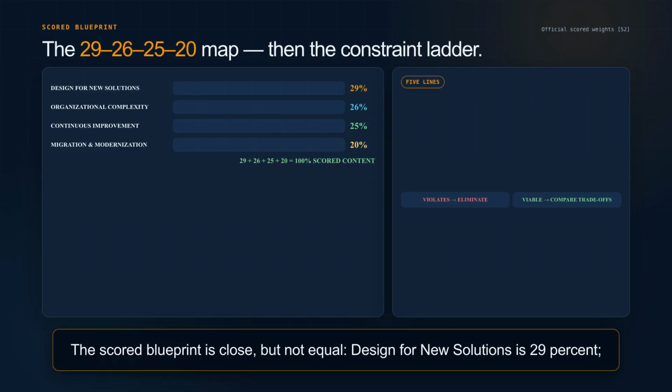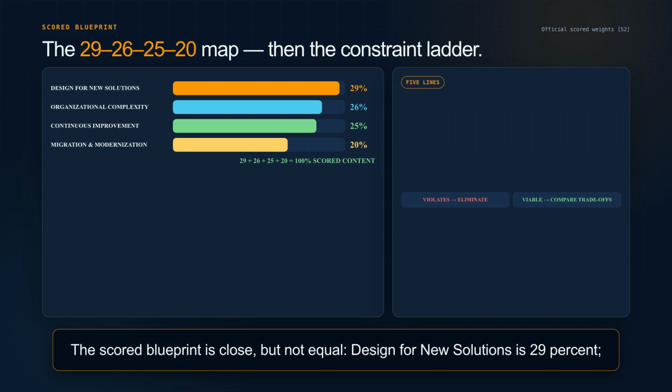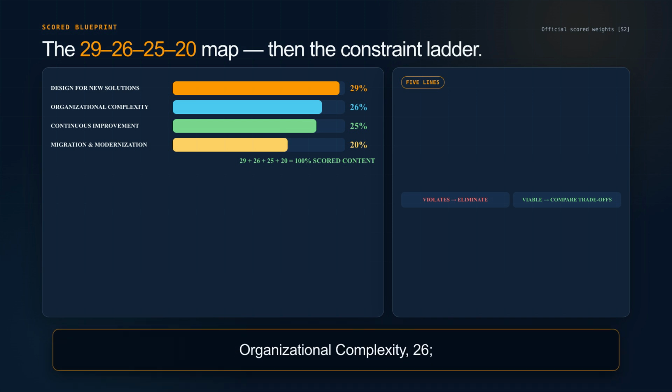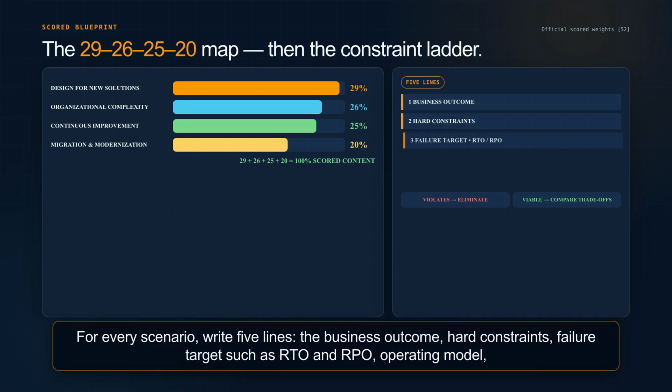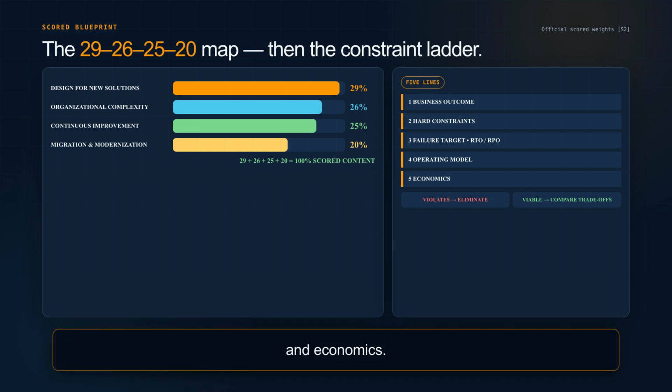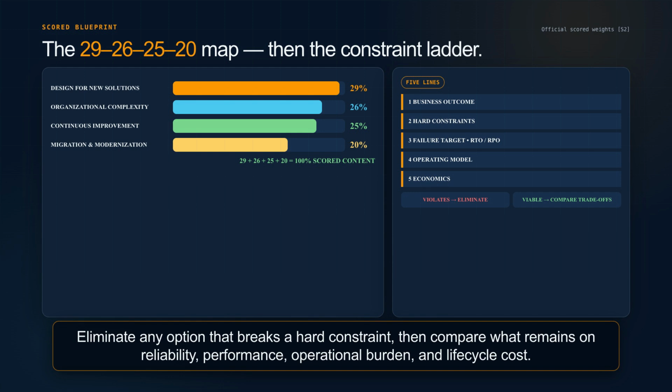The scored blueprint is close, but not equal. Design for new solutions is 29%, organizational complexity, 26%, continuous improvement, 25%, and migration and modernization, 20%. Do not turn those weights into a service checklist. For every scenario, write 5 lines: the business outcome, hard constraints, failure targets such as RTO and RPO, operating model, and economics. Eliminate any option that breaks a hard constraint, then compare what remains on reliability, performance, operational burden, and